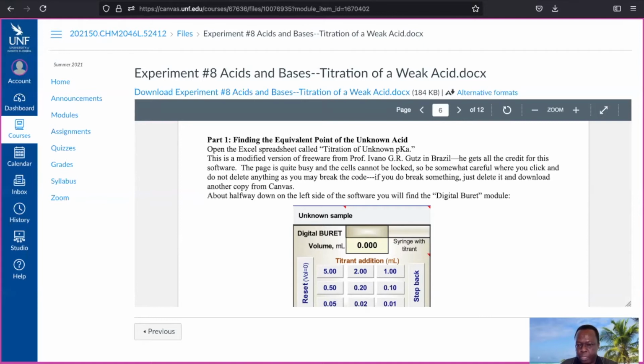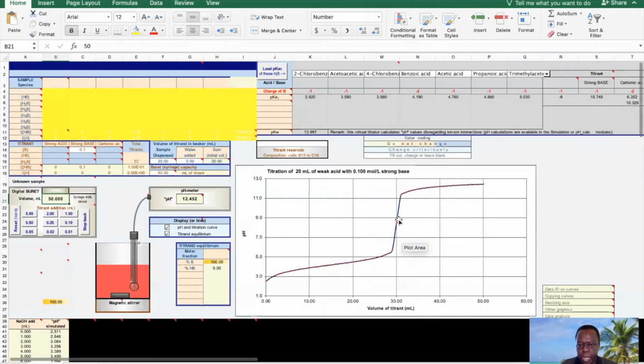From my simulation here, you cannot hypothetically say, all right, the equivalent point is 30, the half equivalent point is 15 here, and maybe pH is 3.5. There is another graph you need to generate for determining the equivalent point. This is like fine tuning. This is not really the graph you will use to determine the equivalent point. This is just a hypothetical that we know